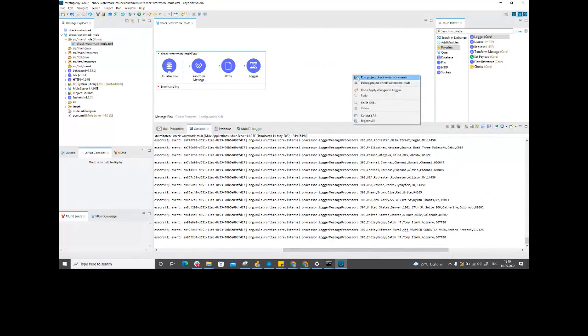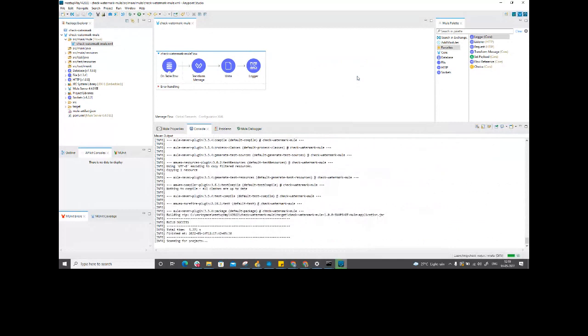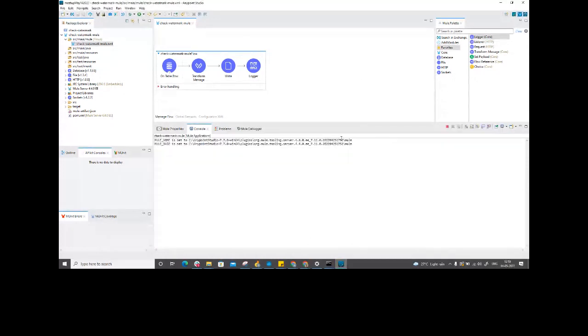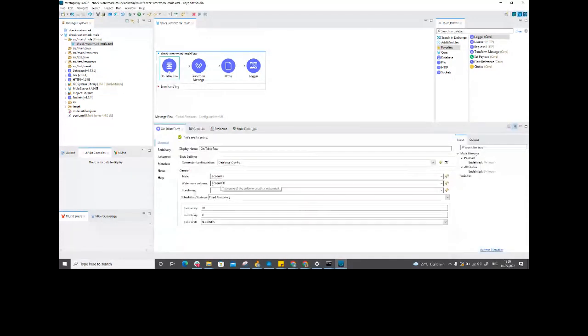This time when I run the project, see, I've not added any new records as of now, right? This is a shared database, so hopefully somebody else should not add it. So this time, see, do you want to clear the application data? I'll say no, I don't want to clear the application data. Then what will happen? The value of my watermark, which you have configured from here, that this account ID value is the watermark column. So whatever is the highest value of this particular watermark column,